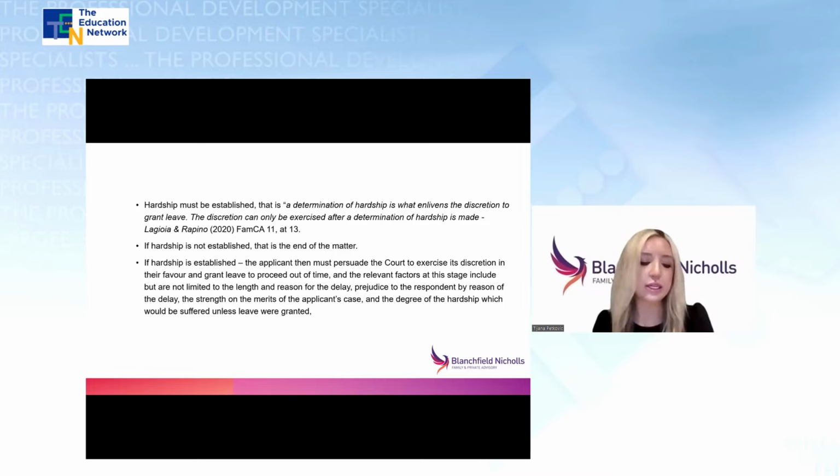In light of the authorities discussed by the full court in Sharp, on page 9 of my paper, I have summarised a list of the important points on the topic of leave and hardship. And in summary, they are, on an application for leave under section 44, subsection 4 or subsection 6, depending on whether you are dealing with a de facto matter or parties that were married, two broad questions arise. The first being whether the court is satisfied that hardship would be caused to the applicant or a child of the marriage if leave were not granted.